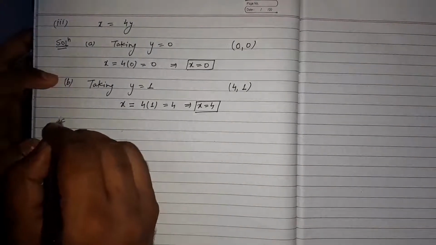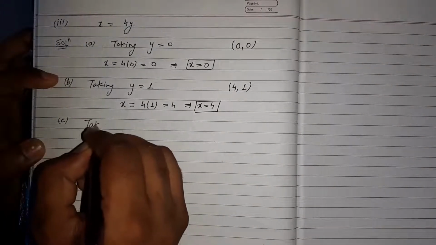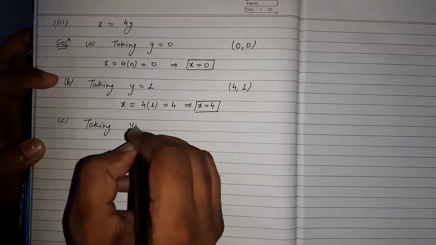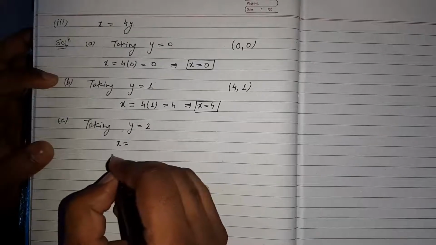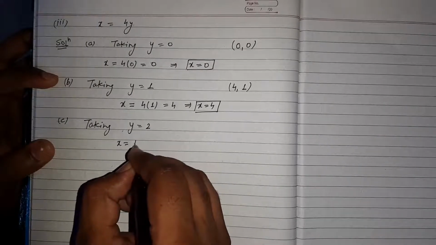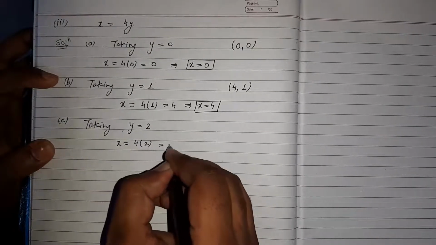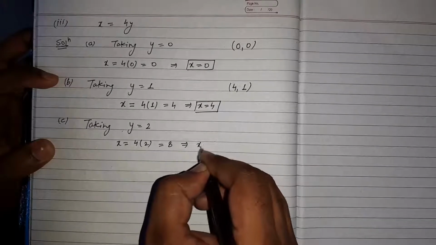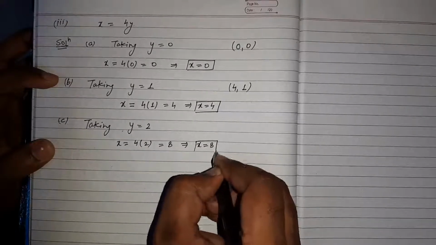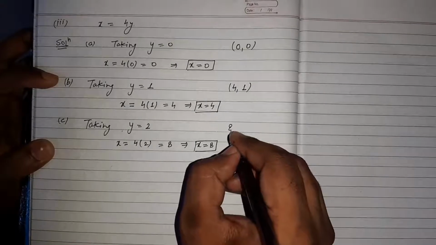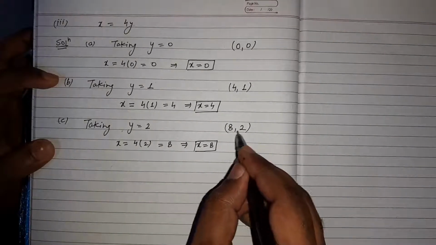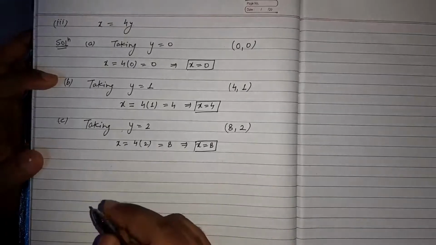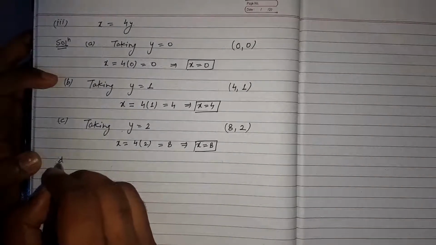The third solution, now taking y is equal to 2, so put this value in this equation, so it will be x is equal to 4 multiply 2, means 4 2s are 8, so the value of x we have got is 8. So the third solution will be 8, 2, value of x is 8 and value of y is 2. The fourth solution,